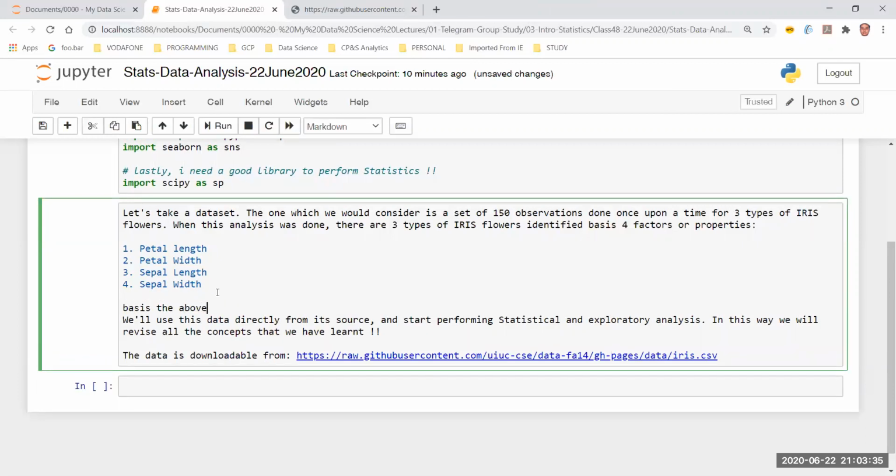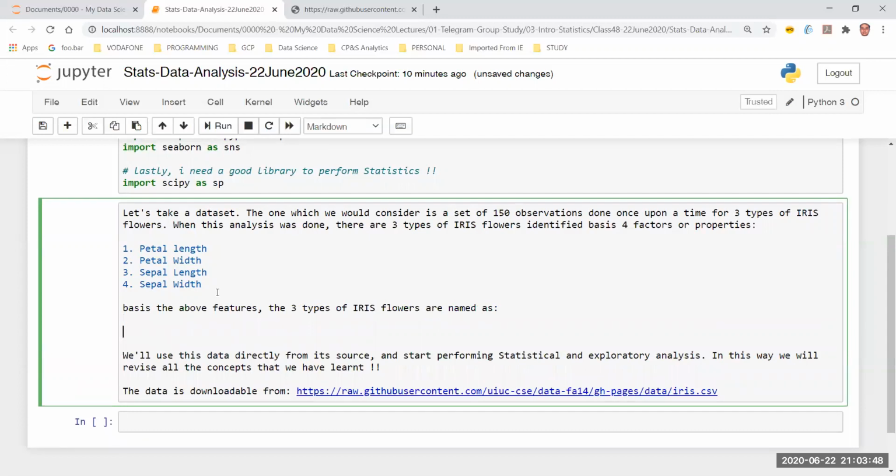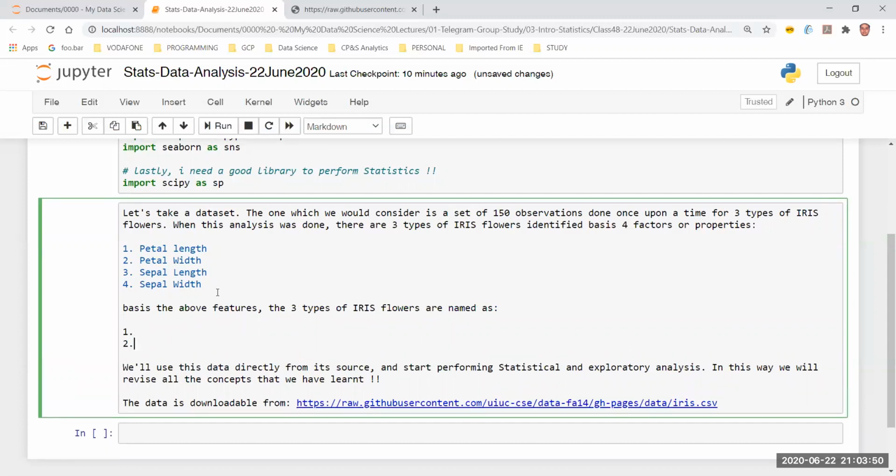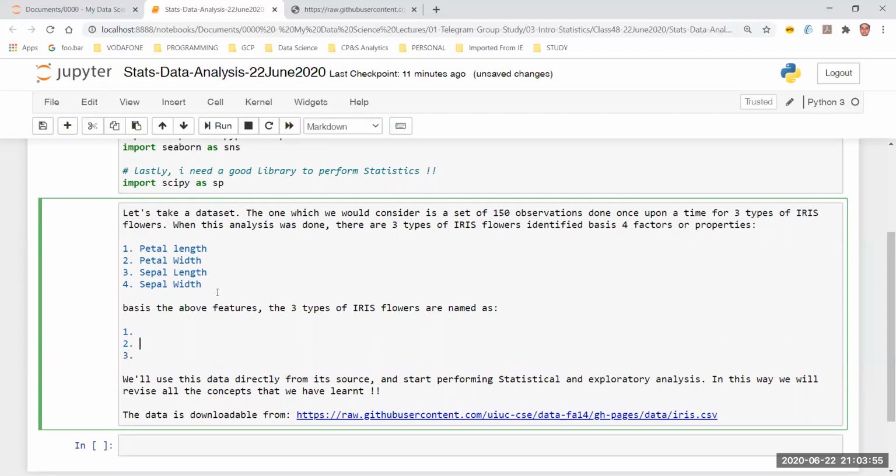Based on the above features, the 3 types of iris flowers are named as, now this name is not given by Fisher or the statisticians who have done the analysis, right? It's given by the biologists or the botanists.